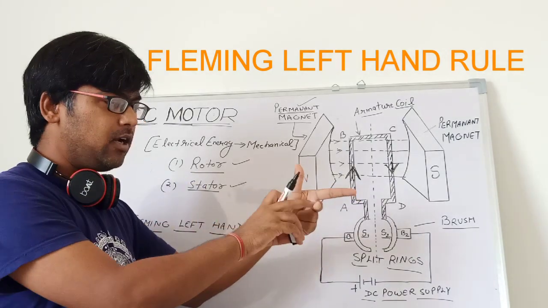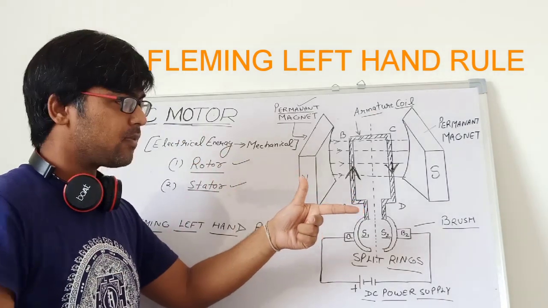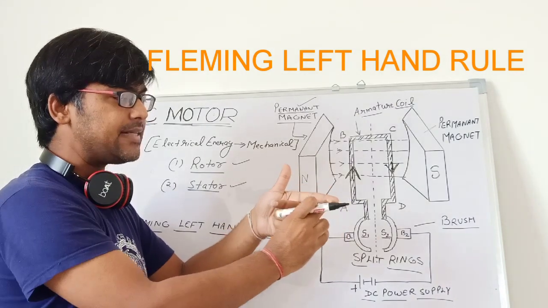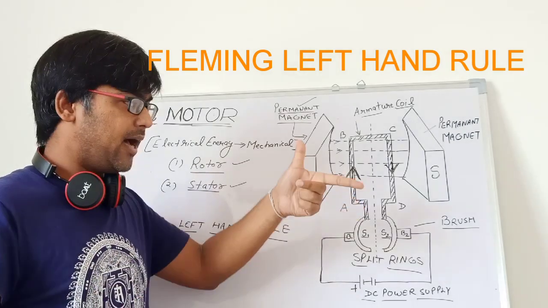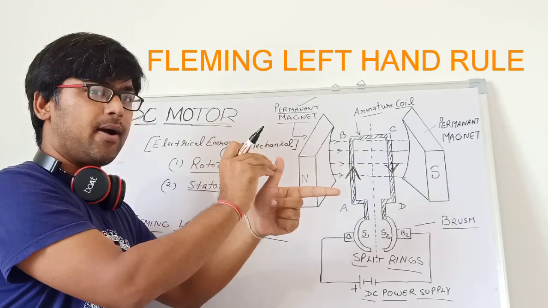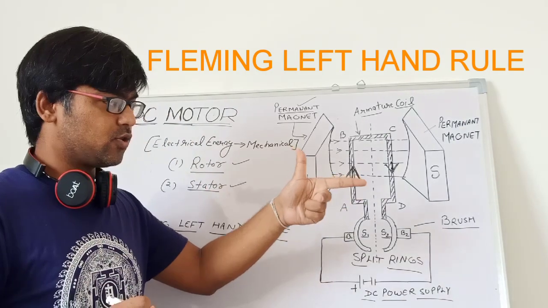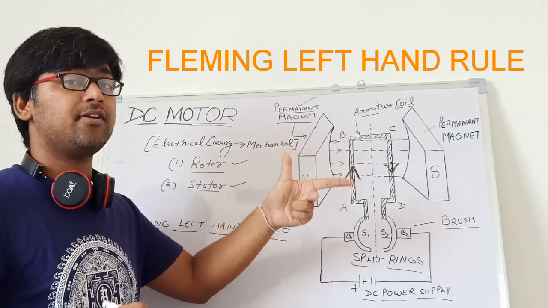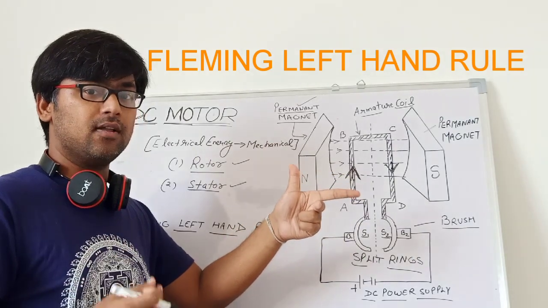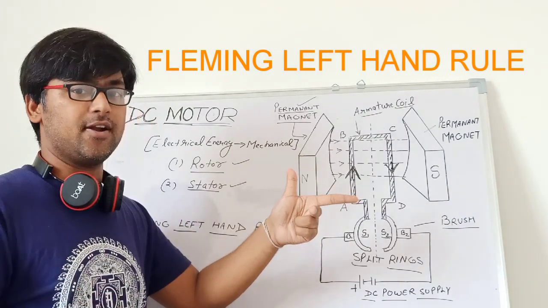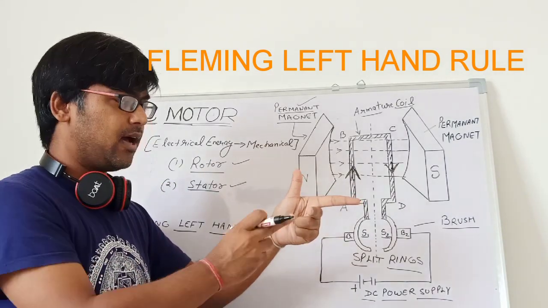In Fleming's rule, the middle finger will always show the direction of current, in which direction the current is flowing. My forefinger will always indicate the direction of the magnetic field, in which direction the magnetic field is flowing, and this is my thumb. My thumb is a really important part. It shows me the direction in which the force is applied on the conductor. So these three fingers are really very important to find the direction of motion. The motor will move clockwise or anti-clockwise. That is given by Fleming's left hand rule. So three fingers: my thumb, my forefinger or index finger, and my middle finger.